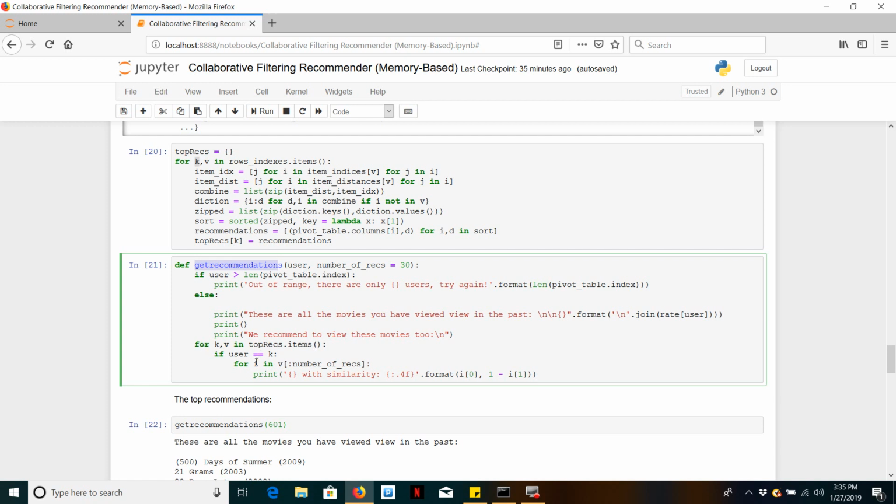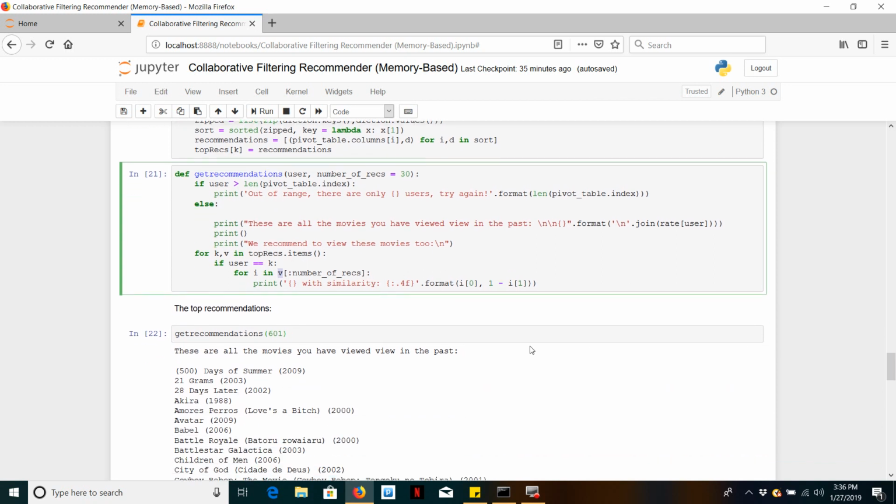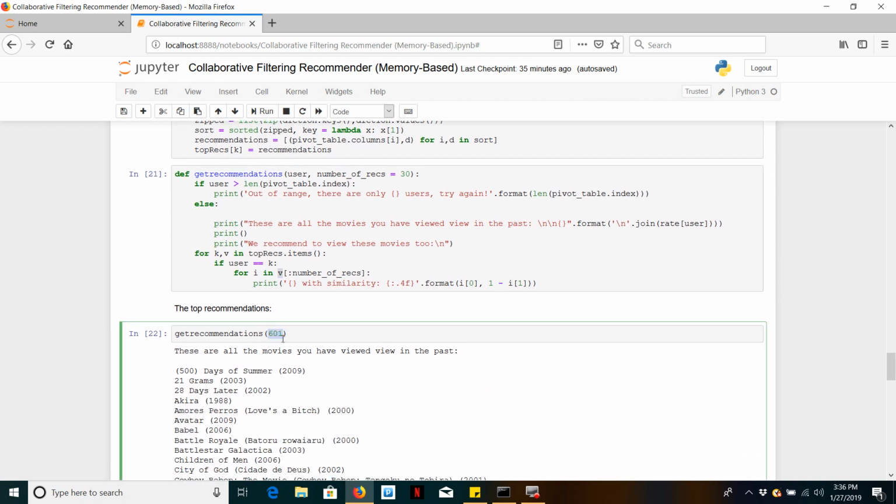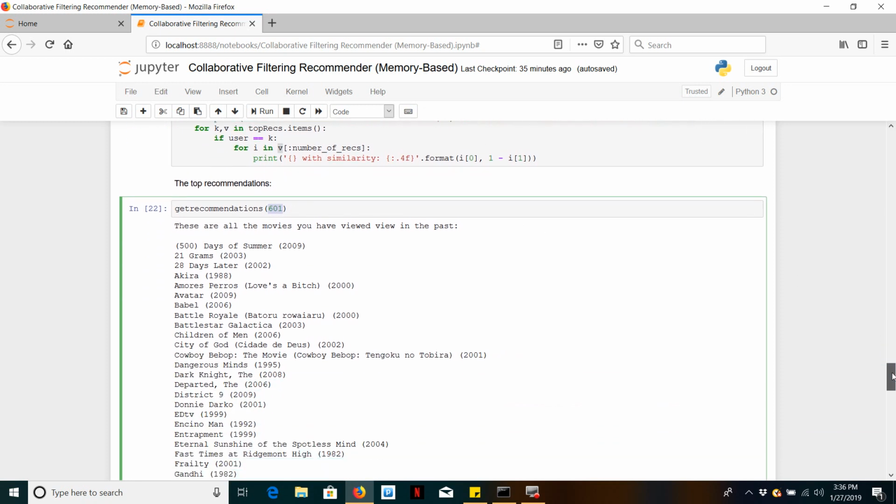If user is equal to the K, which is the actual user, I want you to loop through the recs and V. The V is the actual values, and print the similarity score and the movie that we're recommending to that particular user. So for user 601, these are the movies that they have viewed in the